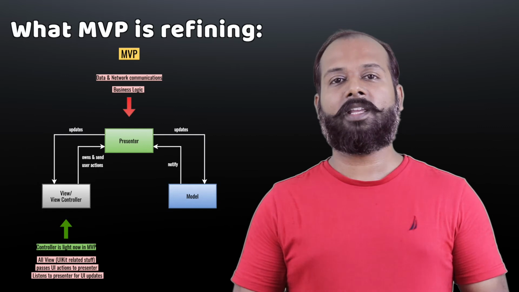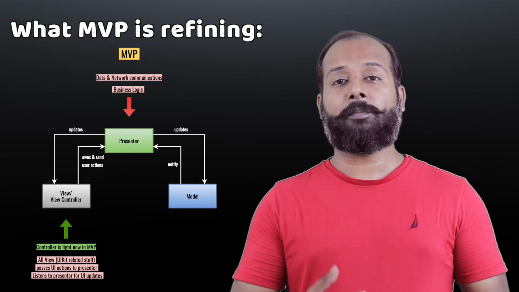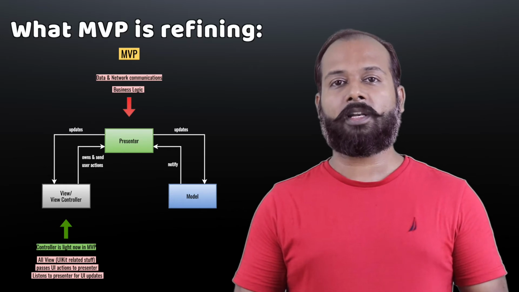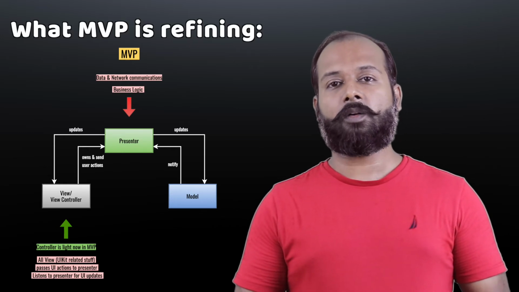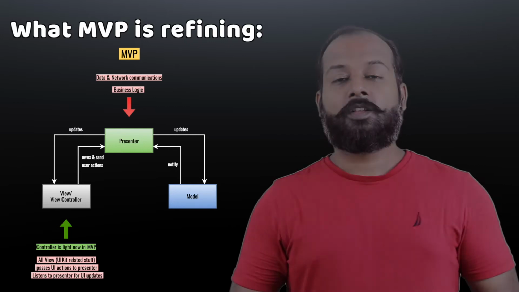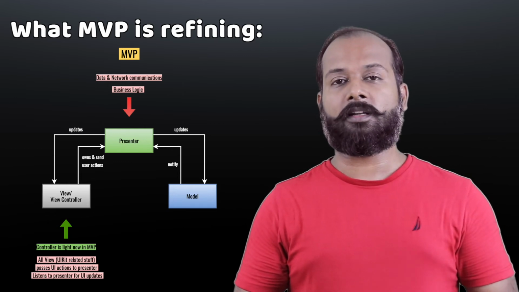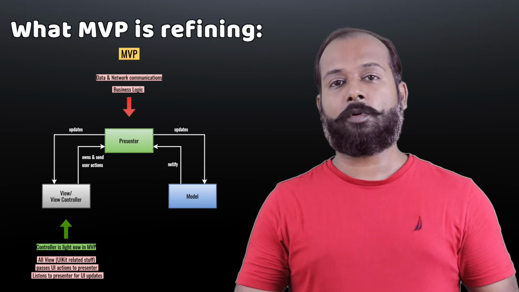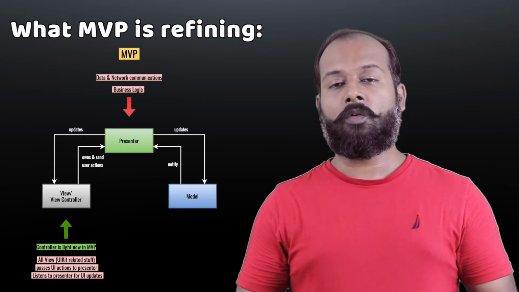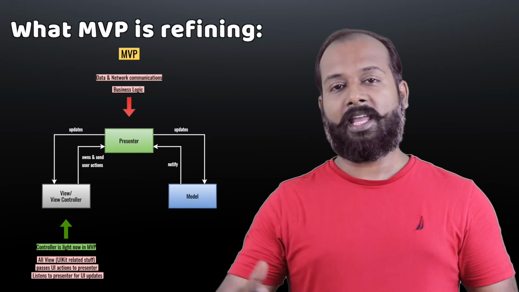In MVP architecture, we have majorly three components. One is model, second is view, and third is presenter. The presenter is the layer that was introduced in MVP architecture to solve that fat view controller and testability issue. So now we will try to understand how the presenter can help us solve that fat view controller issue. Whatever business logic needs to be written goes inside the presenter layer. And this is the place that is responsible for solving the fat view controller issue that exists in the MVC architecture. Now we have a clear separation of responsibility between the view, the view controller, and the presenter layer.